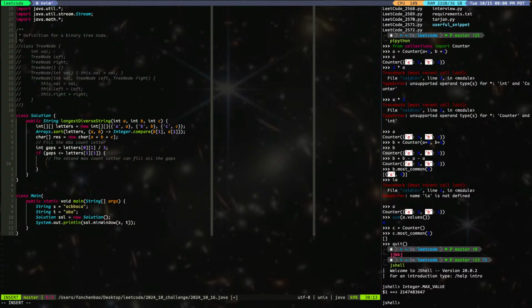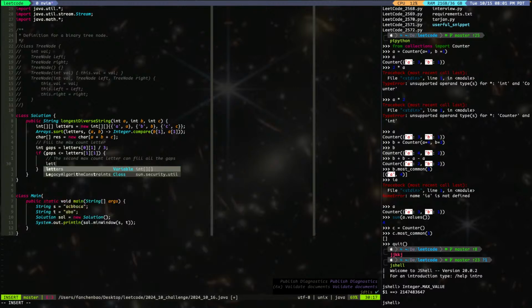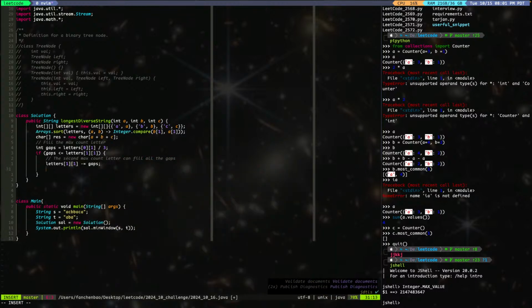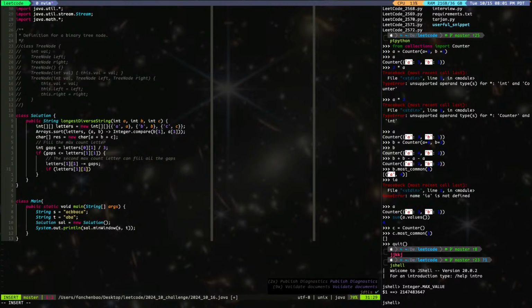Then we shall say, depends on who has more. Then we say letters 1 minus equal to gaps, right? Minus the gaps. Now we say if letters 1